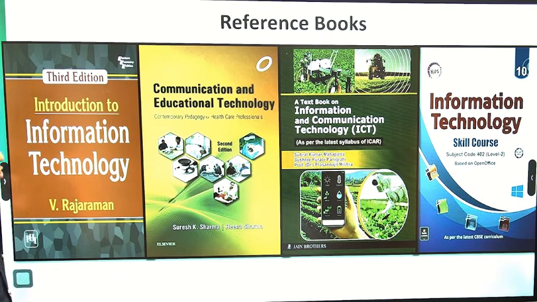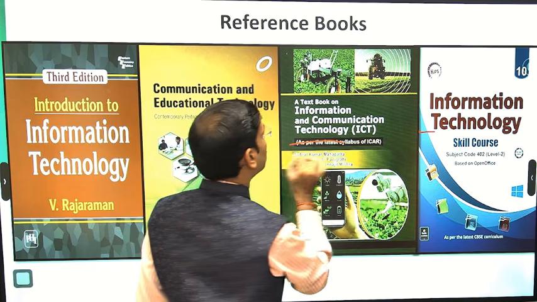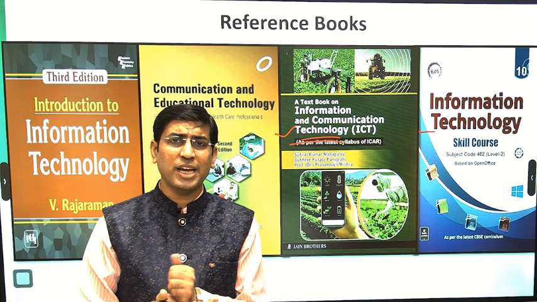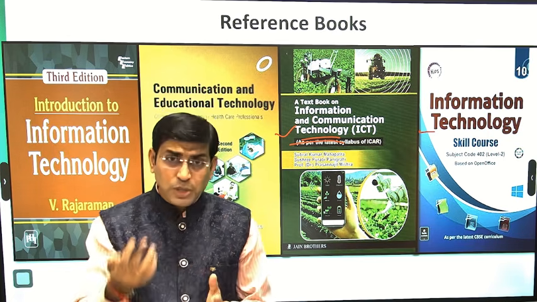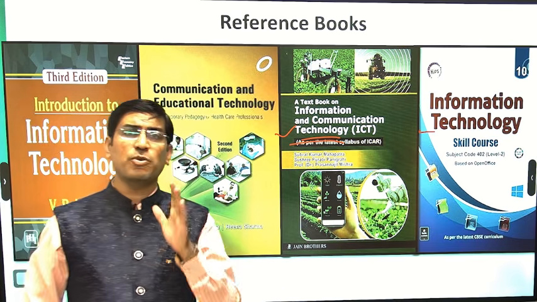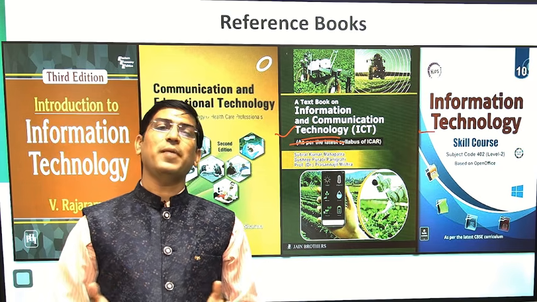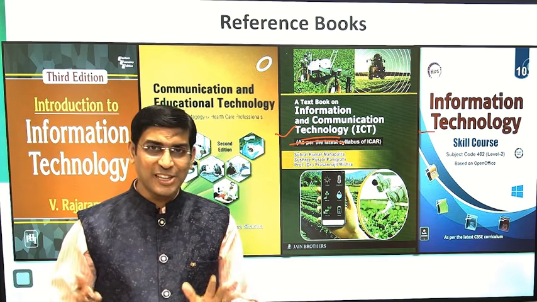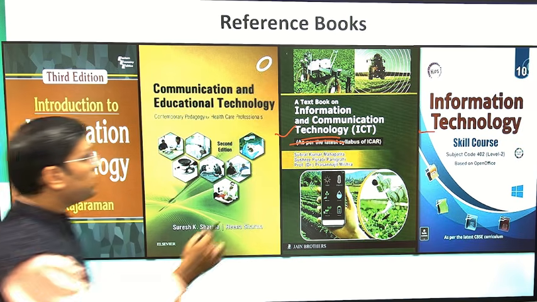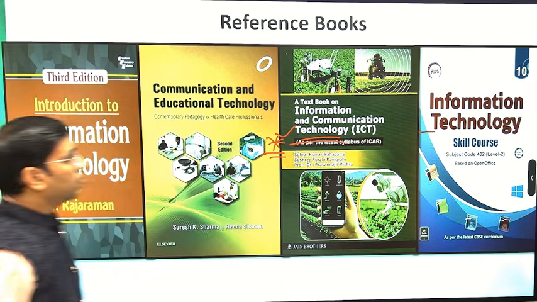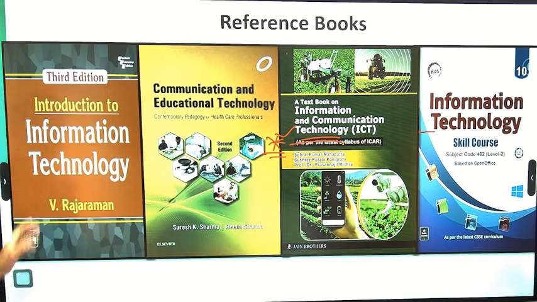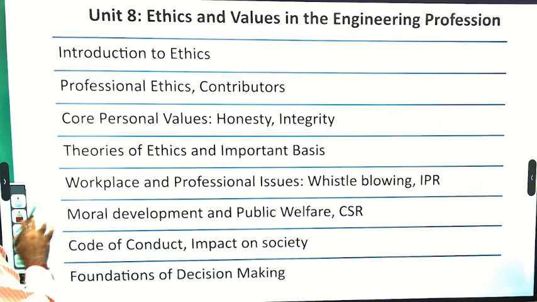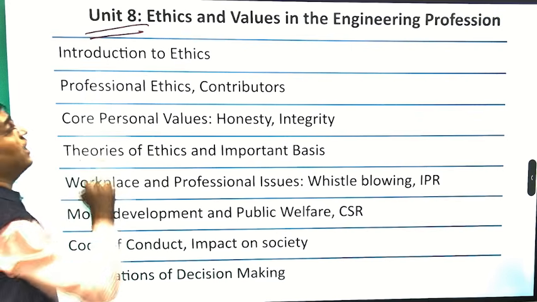Yes, some of the key books, it could be like skill course. Even this book is again one of the good ones. And I could say whatever book you have for the, we could say DOEACC or whatever course you have already completed in the computer, if you have any book for that too, that will act as an asset as well. So I think the book reference material is available at large scale for the ICT point of view. But yes, this book is the best one by Subrat sir. Apart from that, V. Rajaraman sir also has a book, that is Introduction to Information Technology. Now the last, Unit 8, that is the ethics.